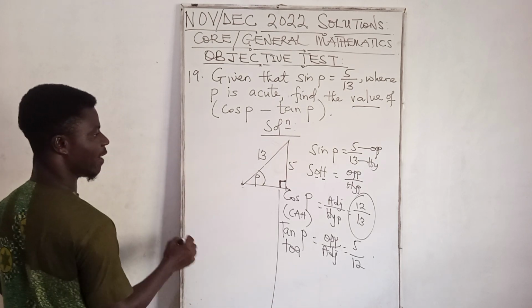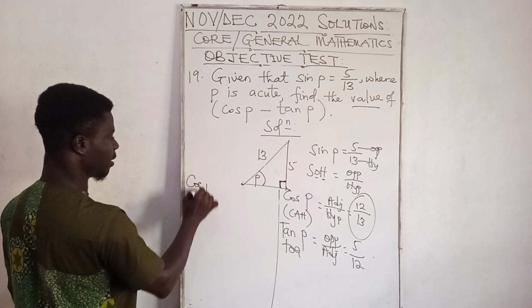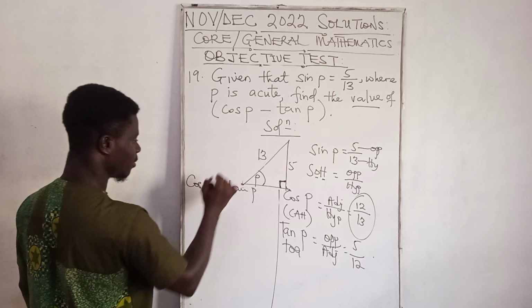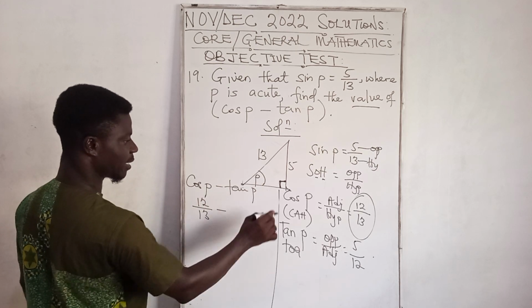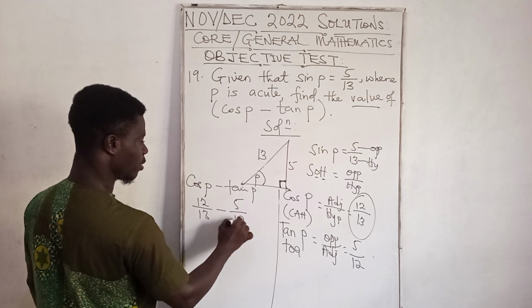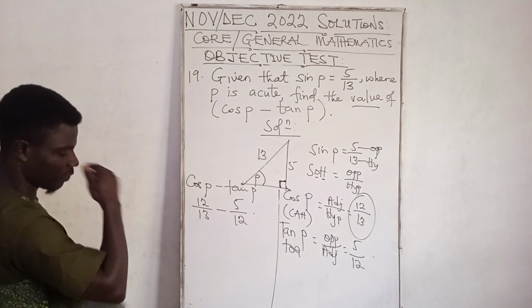So I have my cos p. So cos p minus tan p. My cos p is what? 12 over 13 minus tan p, which is 5 on what? 12. 5 on 12. So now here,